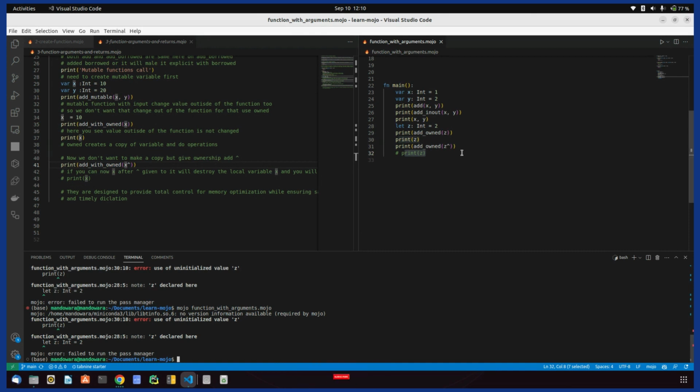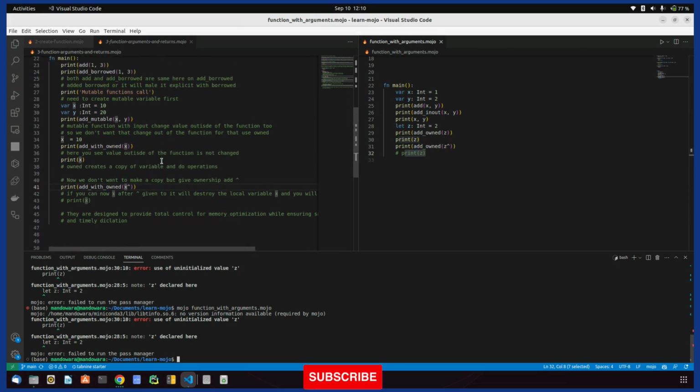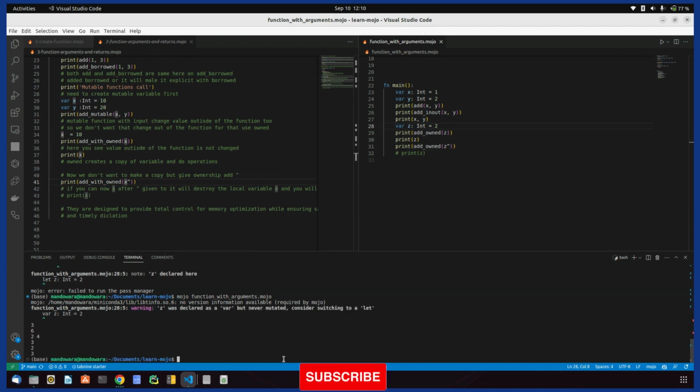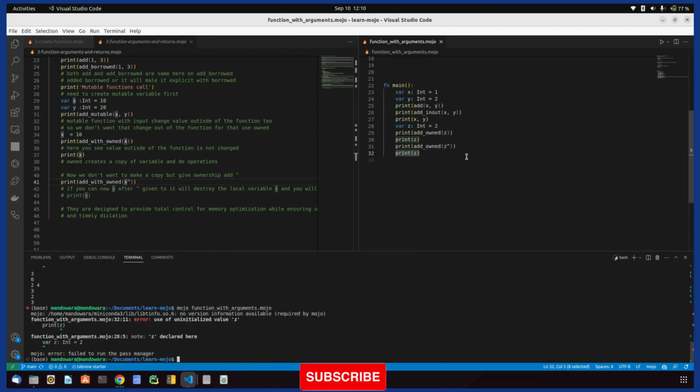Okay, so failed to run the pass argument. Okay, so what is it telling me? Okay, so over here that was declared var but never been mutated. Consider let. Okay. But you see we are not getting the error. If I type z again, then I will get an error that it is not declared. So you must make sure that you use